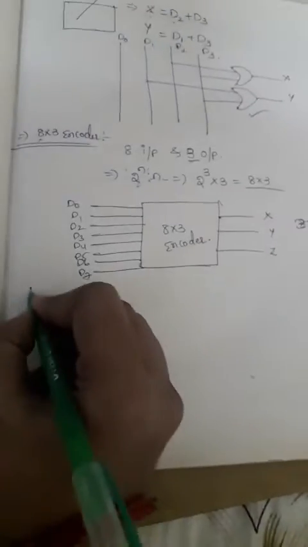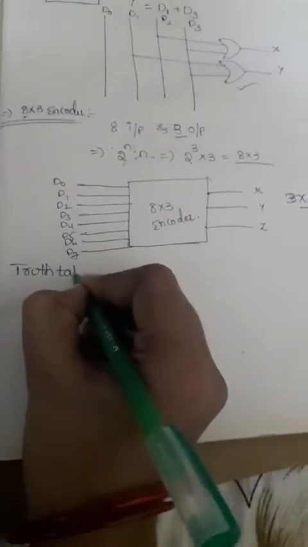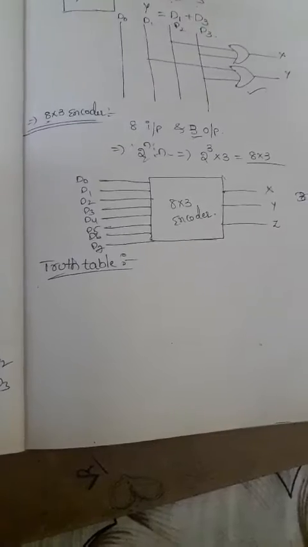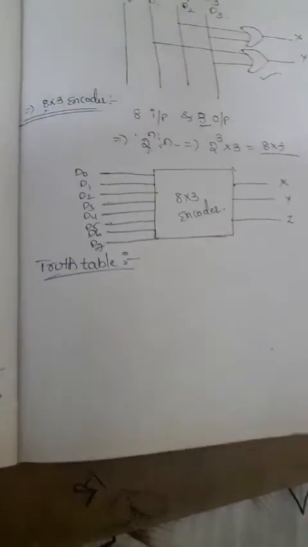Okay, so after getting this block diagram, now we need to take the truth table for this. What I am saying here is that the truth table is nothing but exactly the output of the decoder is equal to the input of the encoder. The input of the decoder is nothing but the output of the encoder. Just remember these two lines. That means if you want to explain or write the encoder operation, you compulsorily need to learn about the decoder operation. Or otherwise, if you need to write the decoder operation, you should know about the encoder operation. That means you should compulsorily learn about the encoder and decoder operations.